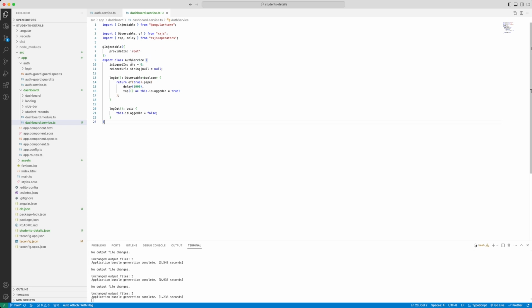So here's the auth service. Let me change the name of it to dashboard service, right? And then in the dashboard service, I don't think I need any of its code, so let me just leave those here as is, right? Now, what I'm going to do is create this service in order to access the APIs, right? Whenever we need to access the APIs hosted on the HTTP protocol,